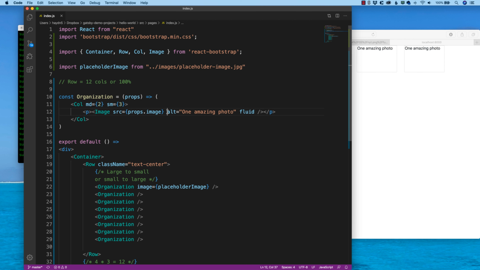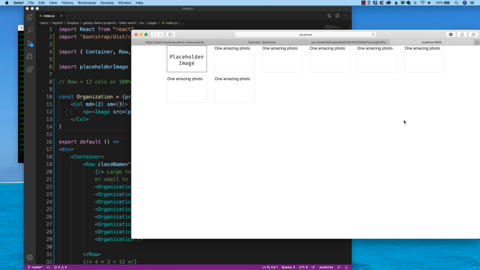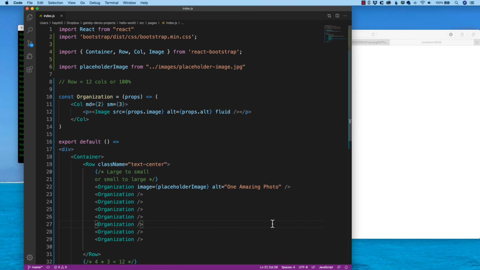So if saying this alt is one amazing photo, we can write the same thing. I'm going to say alt equals one amazing photo. And I'm going to change the alt from props dot alt. And if I save it, what you really can't see is the alt information. Now, granted, I only have one picture, so if I actually copy and paste this, yes, I am duplicating the information. However, let's just drop it in here,